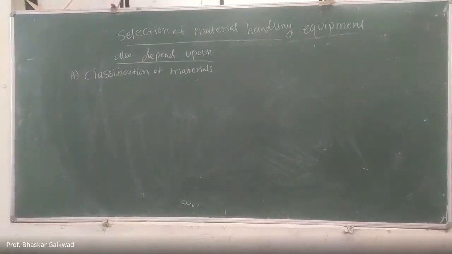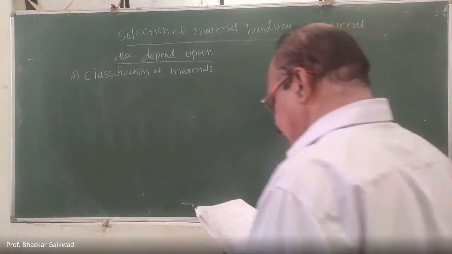So in the previous articles we have seen classification of materials to be handled. Among that, once again, this point will get repeated. The classification of the material also depends upon the physical characteristics, whether solid, liquid or gas, quantity, weight of the material, speed required, minimum, maximum, or chances of damage. So under this, which points are we going to consider for classification?